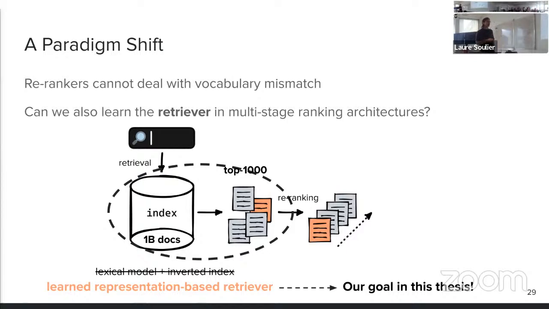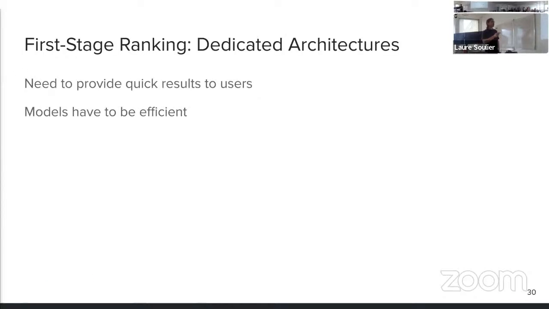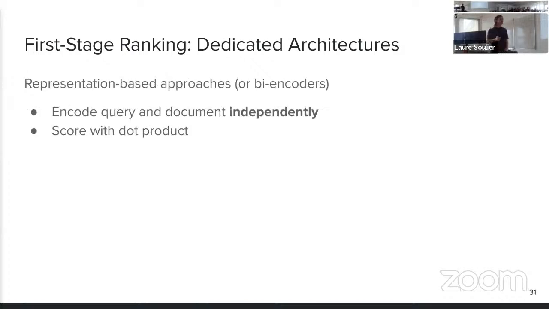This offers interesting perspectives, but also some challenges, especially around efficiency, because IR has one specificity compared to most NLP tasks: models, to be useful, need to be fast, because users don't want to wait for the results. And this problem is particularly concerning when we try to tackle the first stage ranking task, where we want to retrieve from large collections of millions to billions of documents very quickly.